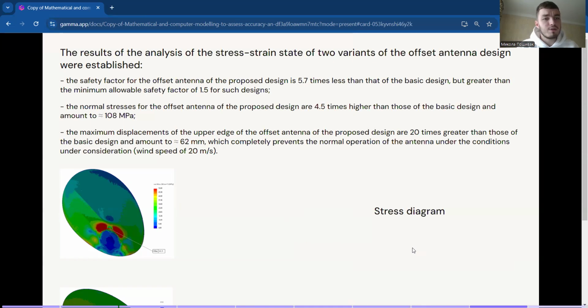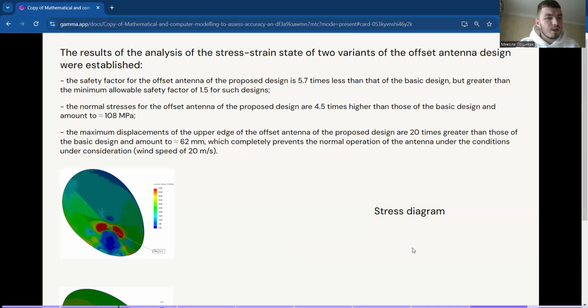The safety factor of the offset antenna of the proposed design is 5.9, 5.7 times less than that of the basic design, but greater than the minimum allowable safety factor of 1.5 for such designs. The normal stresses for the offset antenna of the proposed design are 4.5 times higher than those of the basic design and amount to 108